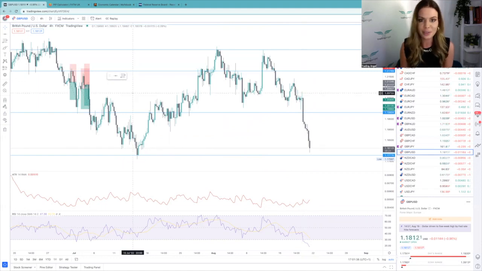reversal. There are so many indicators, hundreds and hundreds, if not thousands of indicators that you can play around with. And they all give you different ideas of different things. So they're very useful in your trading. I love indicators. I think there's a lot of really good ones. There's a lot of terrible ones. So obviously you don't want to go down the rabbit hole of using a terrible one, but there are some